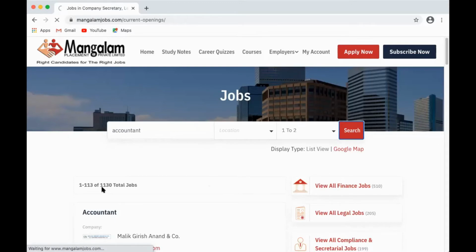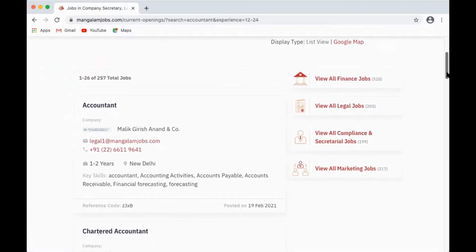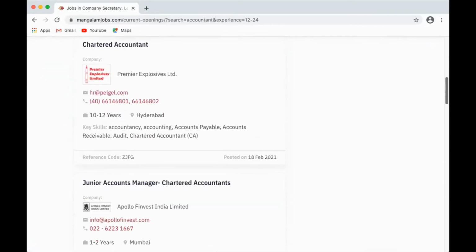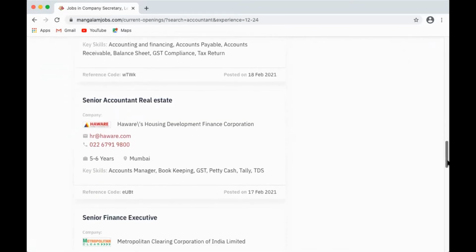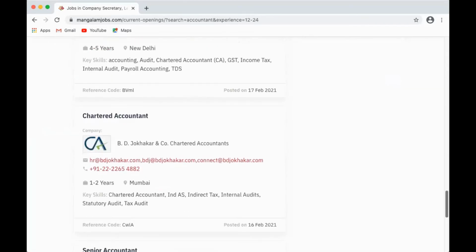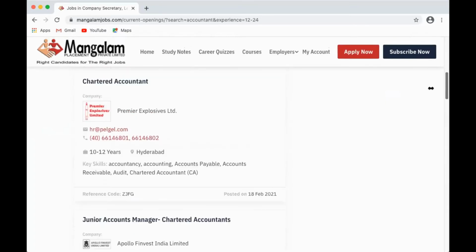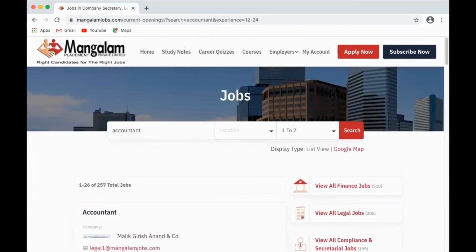You can see here a total of 1257 jobs as per your need. Okay, so this is how we can search a job. Now I'm again going back, and I will explain the last option.